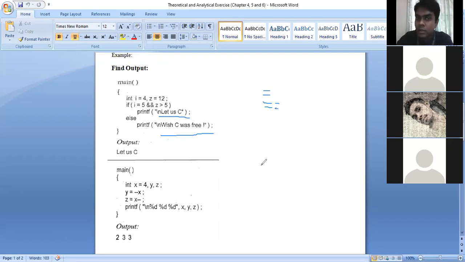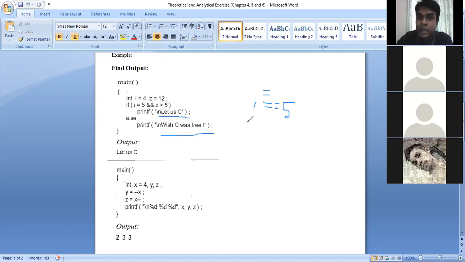If I write I double equal 5, then the statement will be wrong. But because we are writing I equals 5, it is okay, no problem. Here we are not comparing two values, we are just initializing one value inside this I. So in this case, both the conditions are true. That's why it is printing what? Let us see. You understand the problem here?